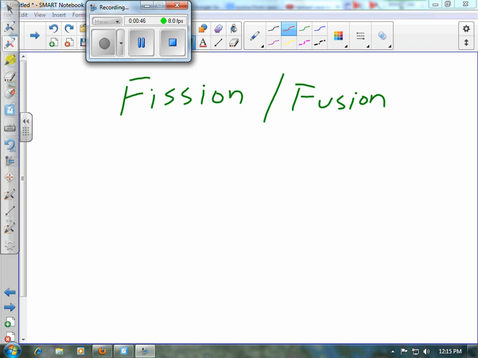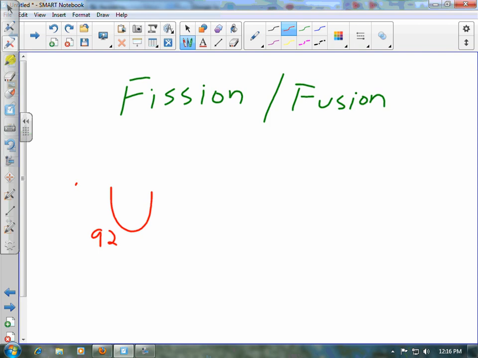And it's been industrialized since World War II. And basically, the real typical example we'll use is uranium. And as we were talking about uranium-235, here's uranium-235. And it decays into, well, let's talk about this first.